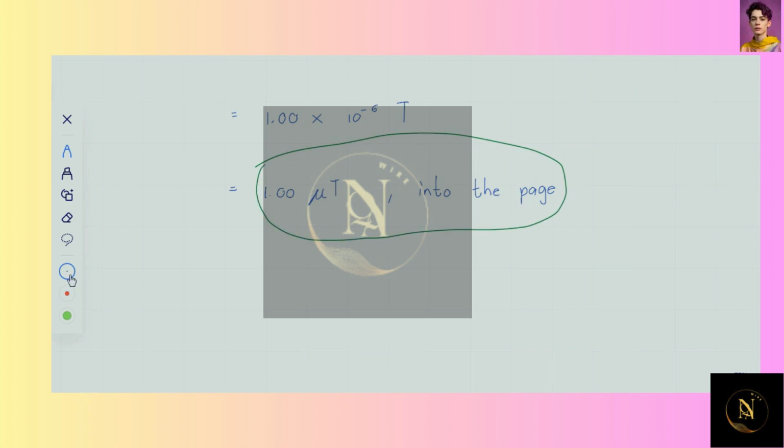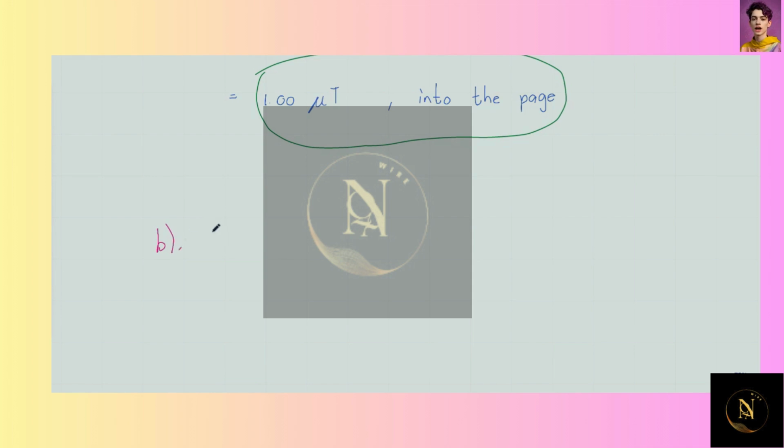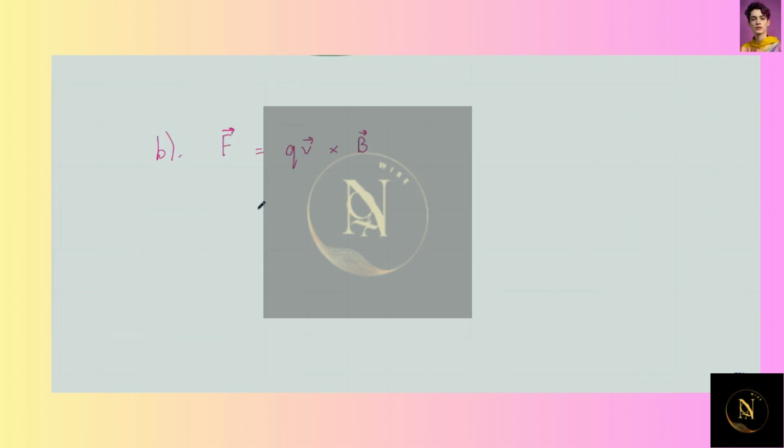Now, for the second part, we want to calculate the force, the magnetic force that q prime exerts on q. Now we know the magnetic force F is equal to qv cross B, where B is the magnetic field and v is the velocity vector. Now, the magnetic field of charge q prime at the point at which charge q is, we know is into the page. And so the force qv cross B is equal to